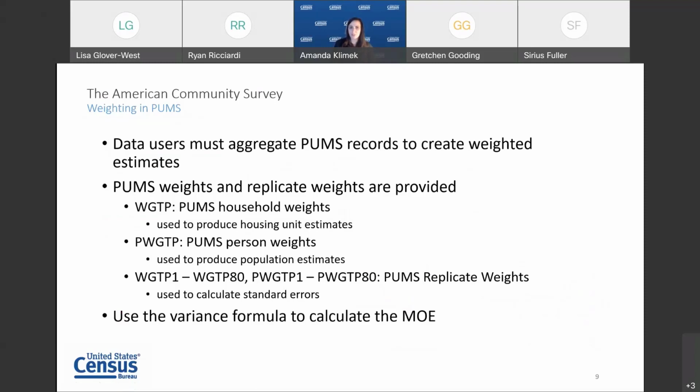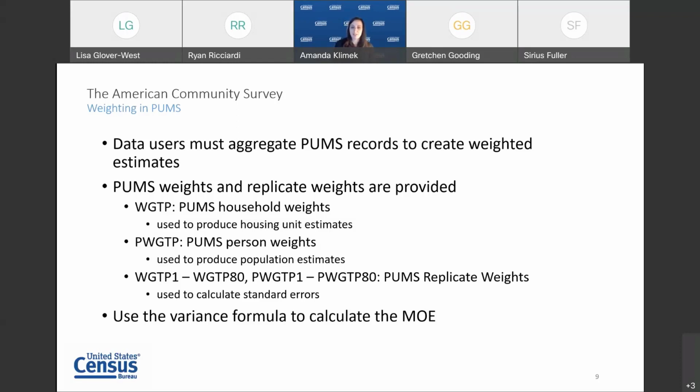Weights are included on PUMS files so that data users may create weighted population estimates. If you're working with housing records, you'll use the housing weights, and if you're working with person records, you will use, you guessed it, person weights. When working with a merged file that includes both housing and person records, person weights should be used to produce estimates for person characteristics.